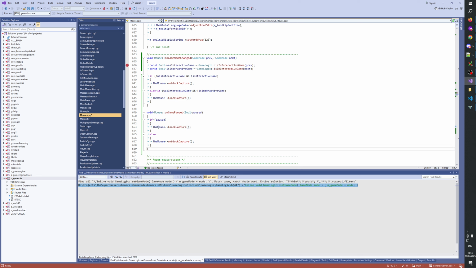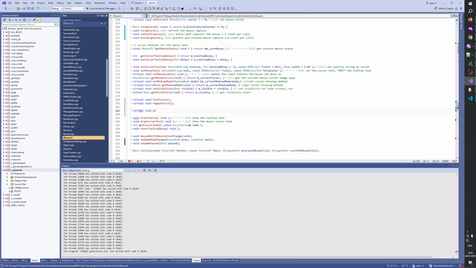Now regarding this one here, how about we add a new function, virtual void on window focus changed, bool has focus.